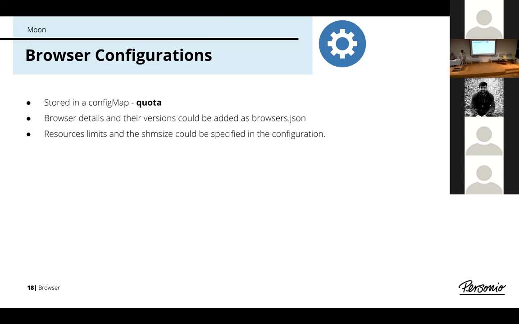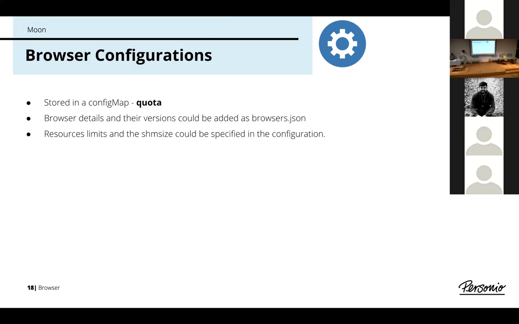All right, so the browser configurations. As Oleg has shown, we were maintaining a browser.json file for Selenoid, right? I have told you one of the great advantages of Kubernetes is that there's a config map available where you can store the configuration, and that's the capability that Moon has used here. So they are using a config map for storing the browser configuration and their quota, and they're deploying into the Kubernetes cluster. And the browser details and the different versions or the different browsers, everything could be added into this